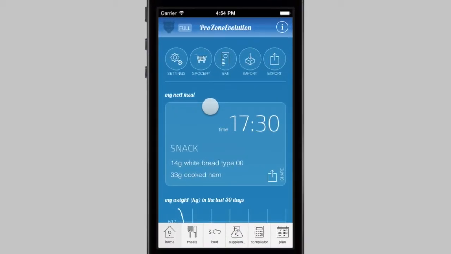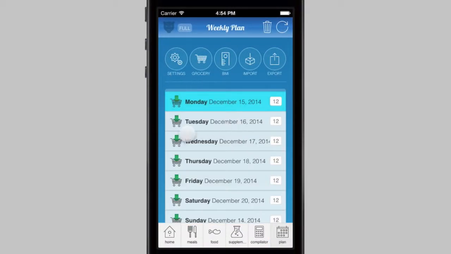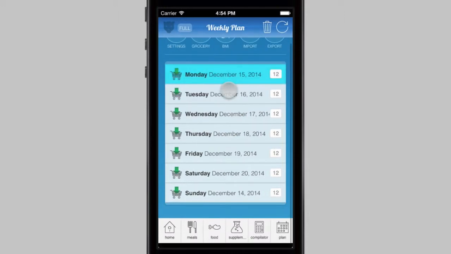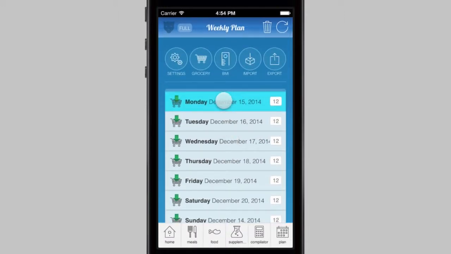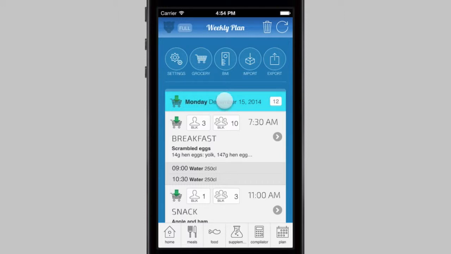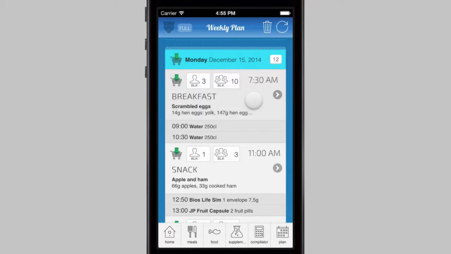ProZoneEvolution, what we have here is the weekly plan. So you have the 7 days of the week, and if you click on the first day, on Monday, you will have the plan of the day. So breakfast at 7:30. This value here is our individual blocks that we need to